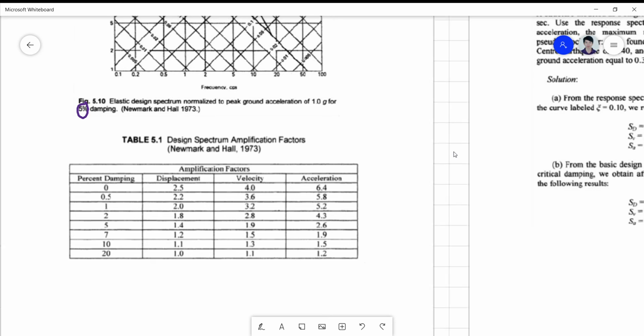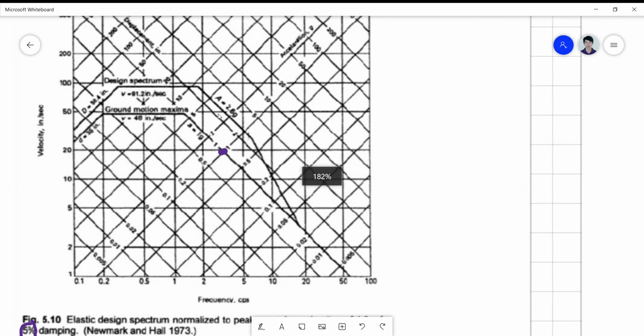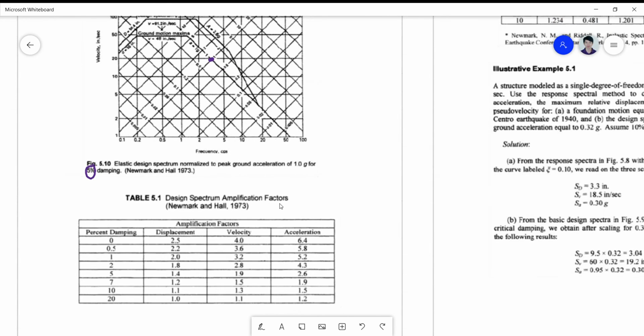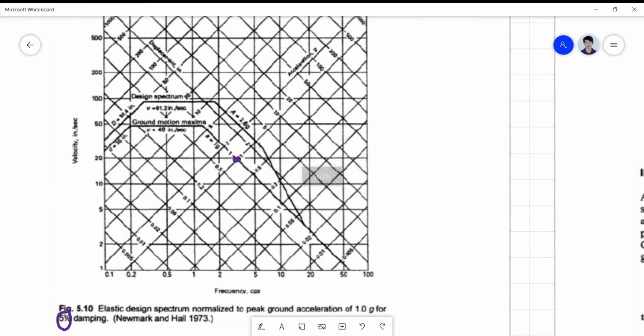So what they will do is simply multiply the amplification, 1 times 2.6. So the acceleration 2.6 g is directly multiplied on the acceleration, while of course the displacement and the velocity will have a 1.4 and 1.9 amplification factor. Okay, so for the displacement, this is now your